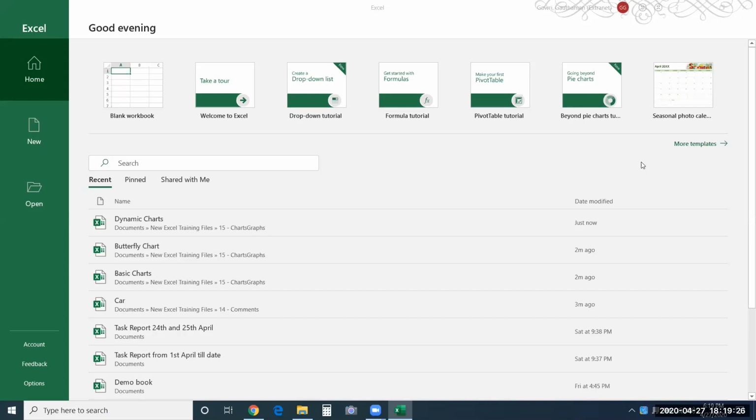See, I'll tell you the difference here. There are options for you to save it on your desktop as well as on the cloud. That is OneDrive. I suppose you have heard of OneDrive. Just like Google Drive, Microsoft also has a cloud storage known as OneDrive. You can save your files in OneDrive directly. And once you save it there, you can access it from any device. So not necessarily that you have to go back to your laptop or your system and only then access it. You can access your file from anywhere. You just have to log into your Microsoft account to access your files.